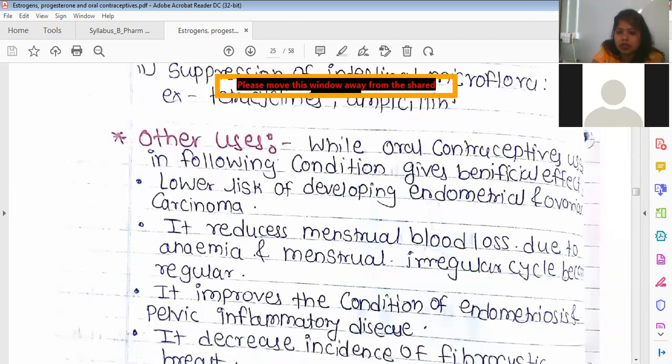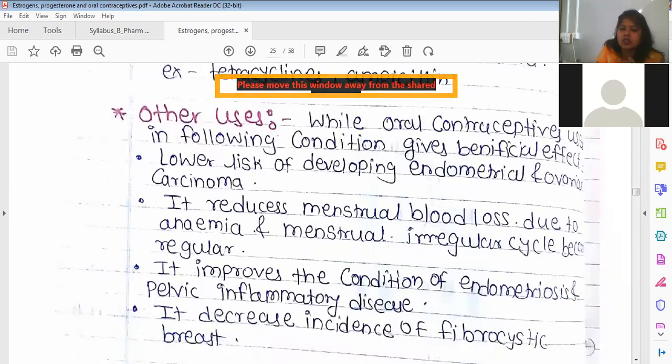Then what are the other uses? The other uses of the oral contraceptive include lowering the risk of developing endometrial and ovarian carcinoma. As such, it is a hormone. For a woman who has a deficiency of that hormone, we need to give the external hormone,